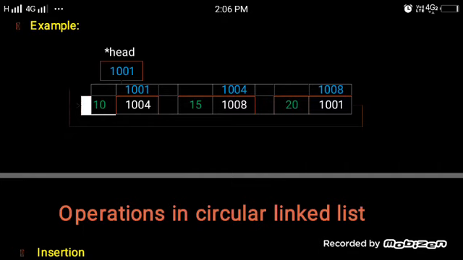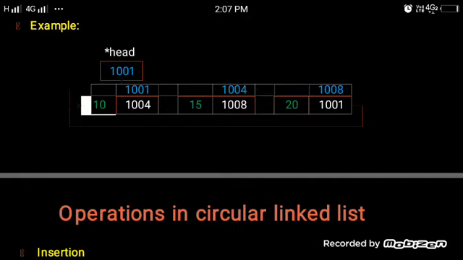In this linked list I am inserting 10, which has an address field, then 15 with its address, and 20 with its address. The head has the address 1001. The last element, 20, is connected to the first one.